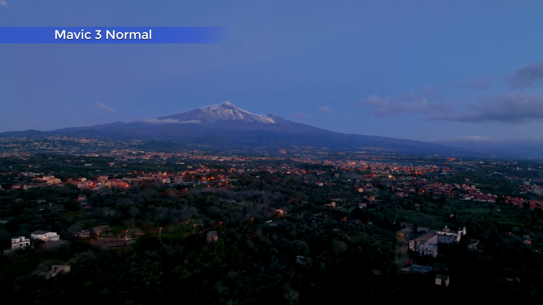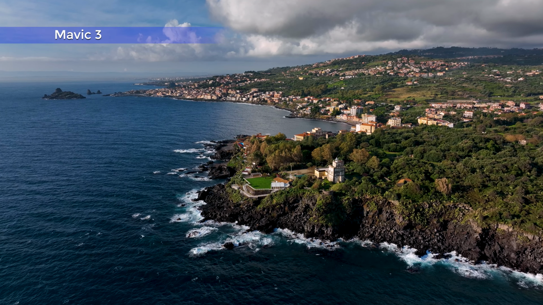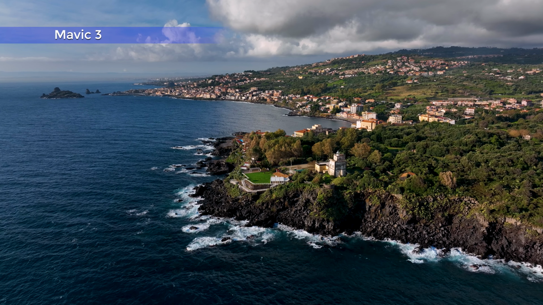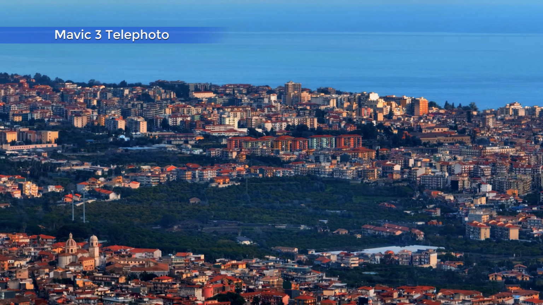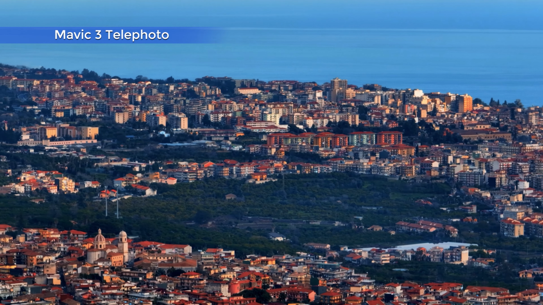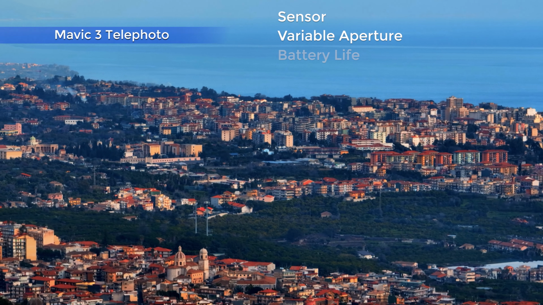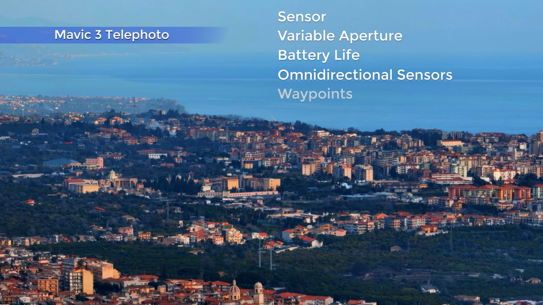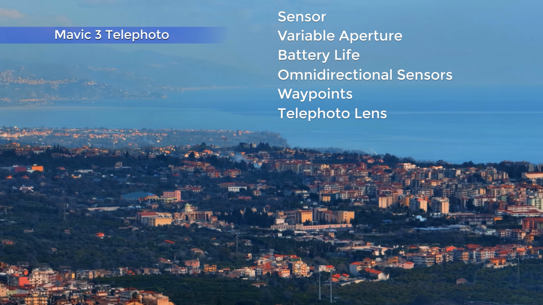strictly reserved for it. Each one of these features may justify the difference in price for a professional or semi-professional user, even if the quality of footage and photo was the same. The most important exclusive features of the Mavic 3 are the much bigger sensor, the variable aperture, the much longer battery life, omnidirectional obstacle sensors, waypoint mode for video, and the telephoto lens, which is not available on the more